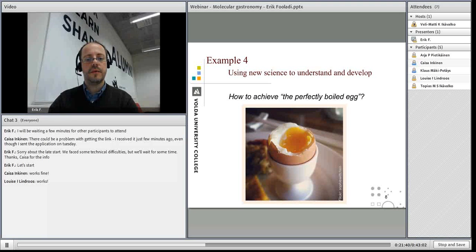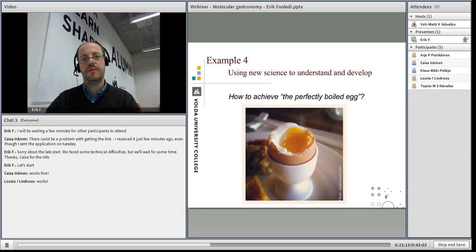Next example, the link between food and science can help us to understand and develop things based on really new scientific evidence. So like there is coming a new scientific paper, and we could use that knowledge. That has been much more in the focus the last 10 years maybe, or 15, than before, because coming with